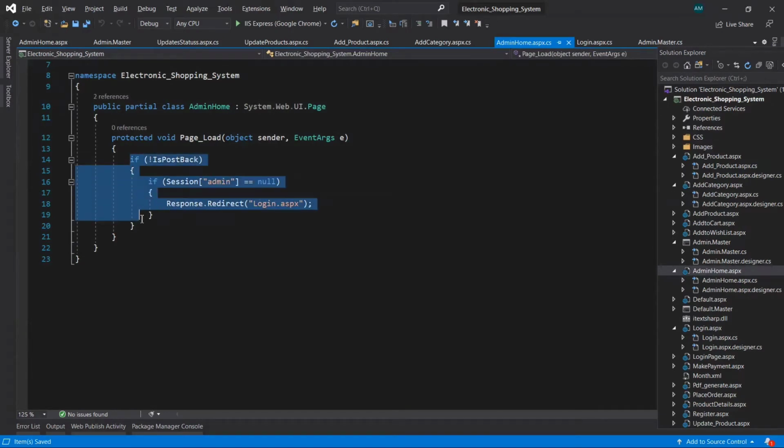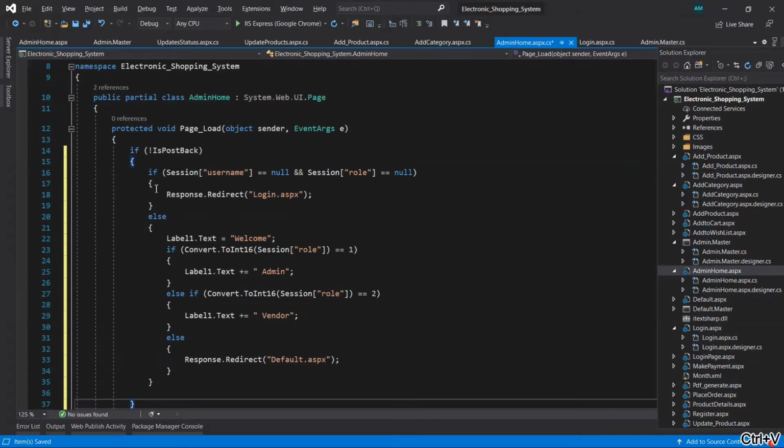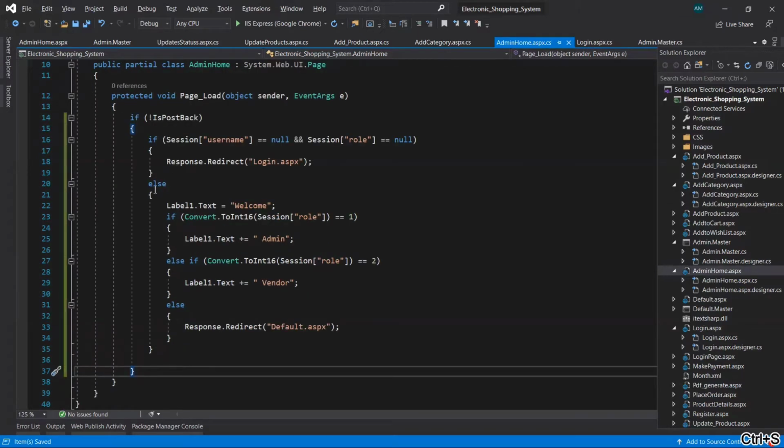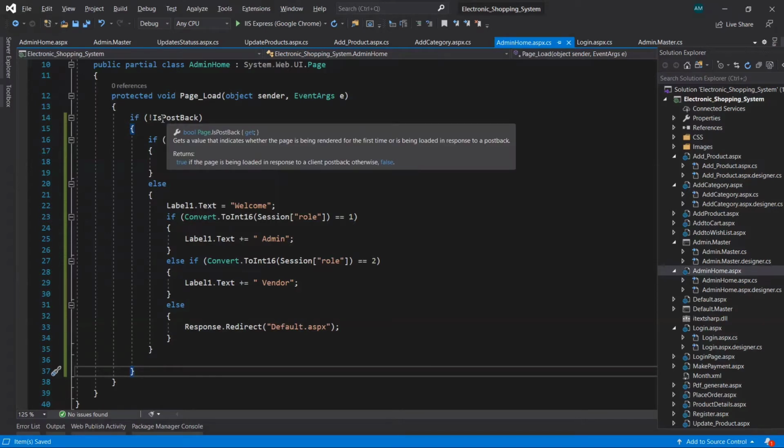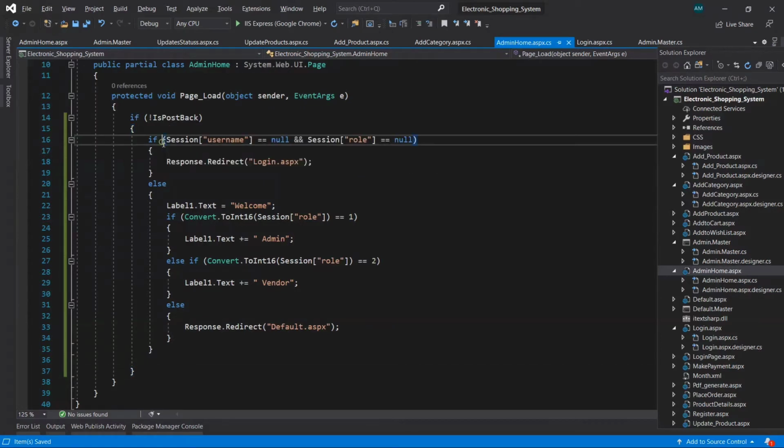So I am replacing the previous code with the new one. Let's see what I have taken here. It checks that if any request is not posted to the server, then it will execute this if part.